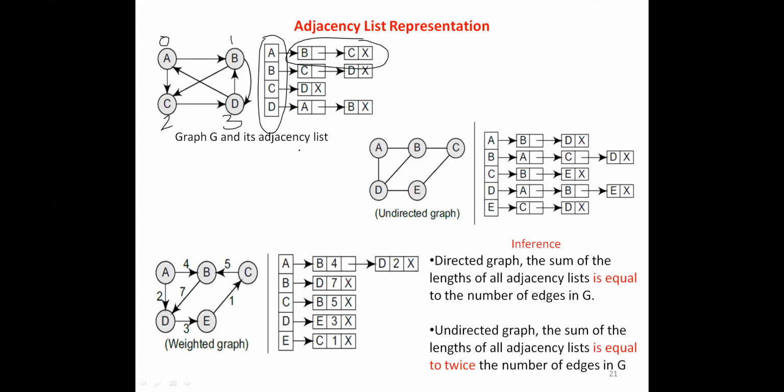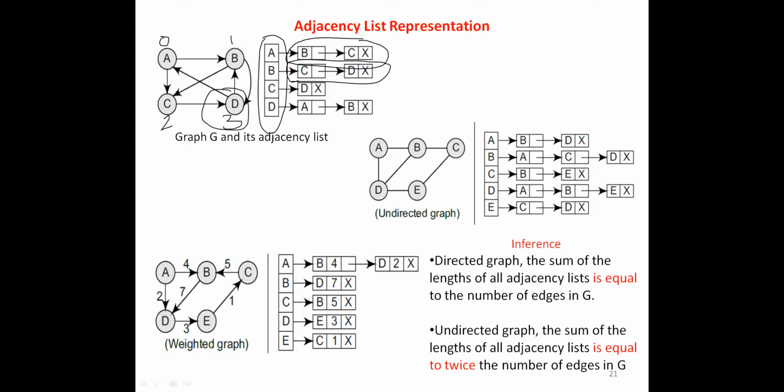So this is the representation of adjacency list, where, when you take A, we are ignoring D. Why? Because it is not connected. Whereas in the case of a matrix, we have to store the value 0 for the connection, the edge between A and D. Here it is not like that. This is the advantage of adjacency list.